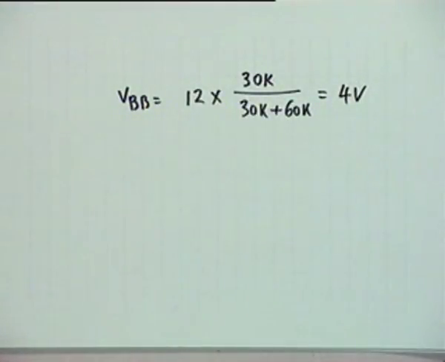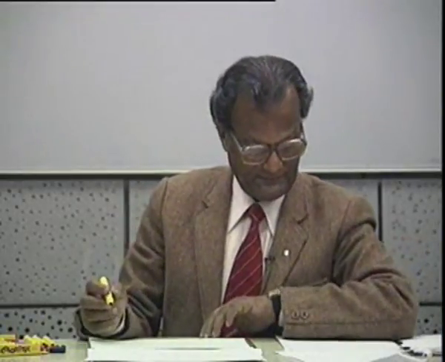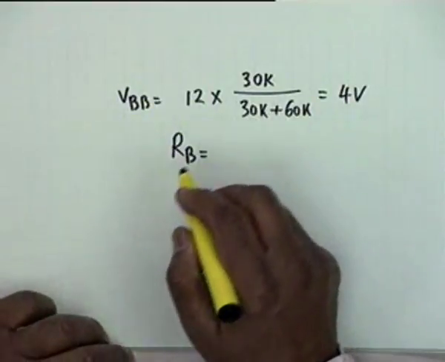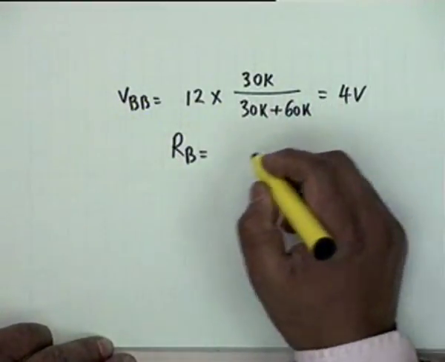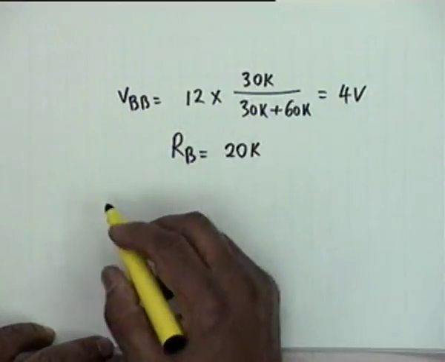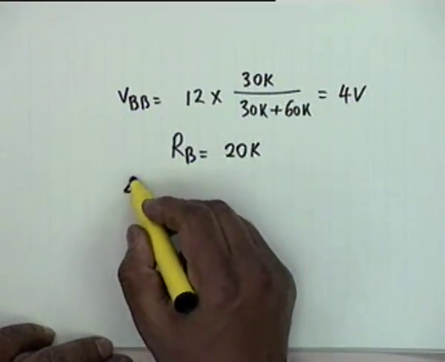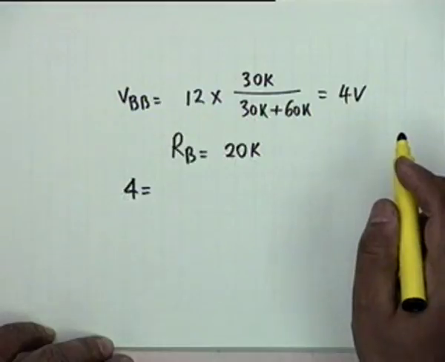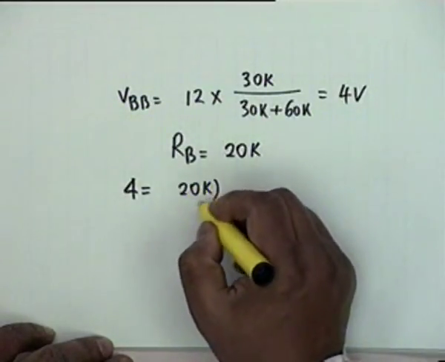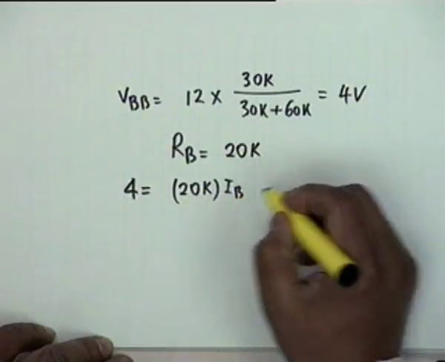We have to find RB, and what is RB? RB is 60 parallel 30, 20 K. Okay. So my equation is that 4 volt VBB should be equal to 20 K multiplied by IB